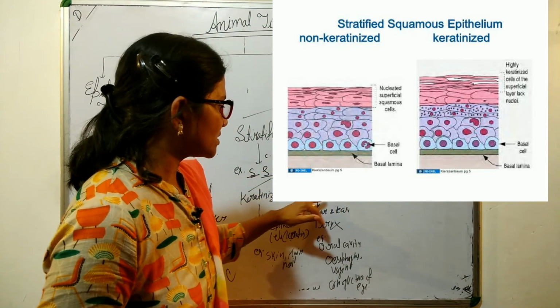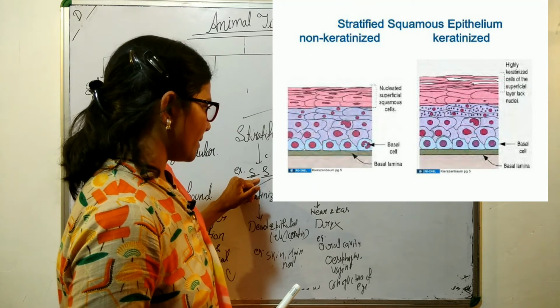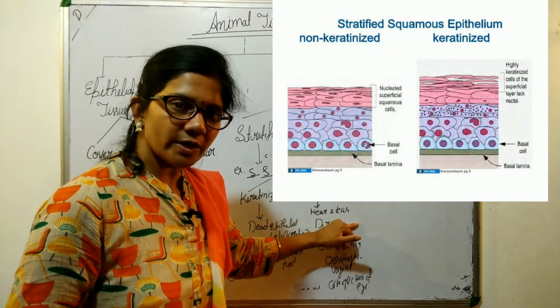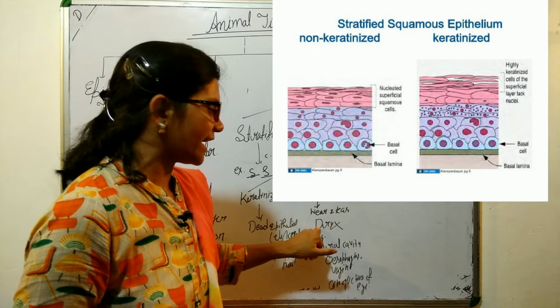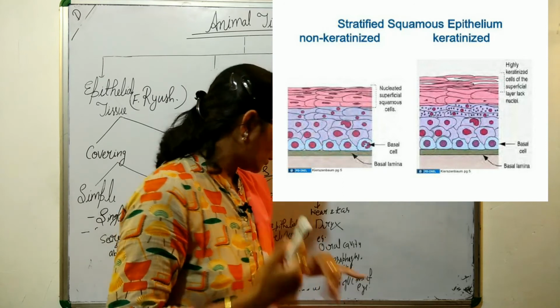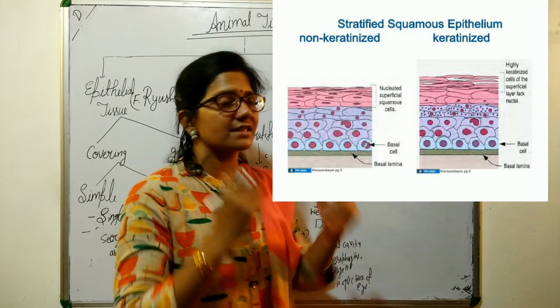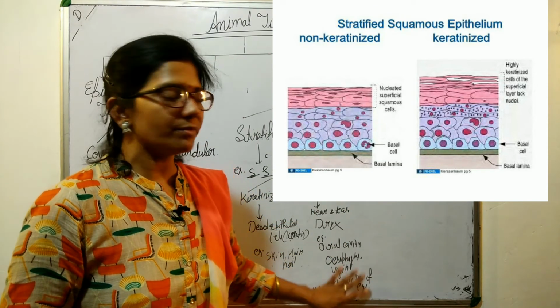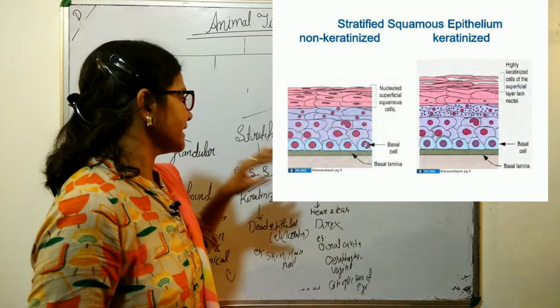So the second is non-keratinized stratified squamous epithelial tissue. They are exposed to wear and tear, but they don't have a dry environment. Examples are the oral cavity, the oesophagus, the vaginal region, and the conjunctiva of the eye. These are all examples of non-keratinized